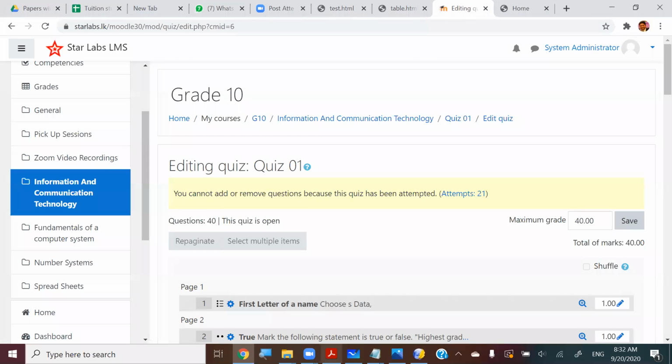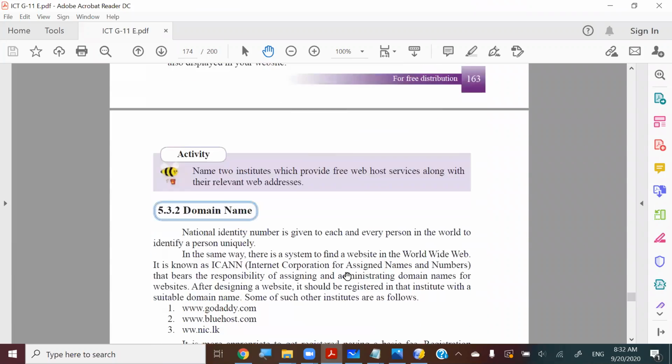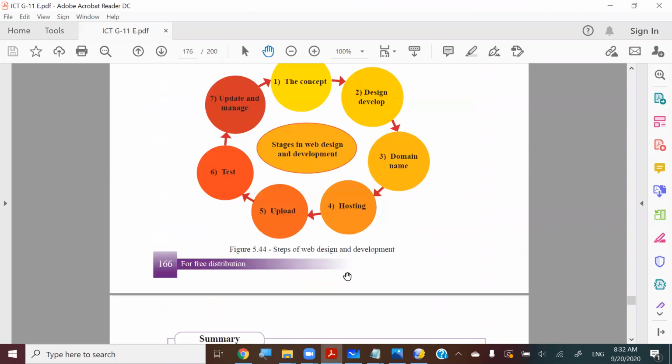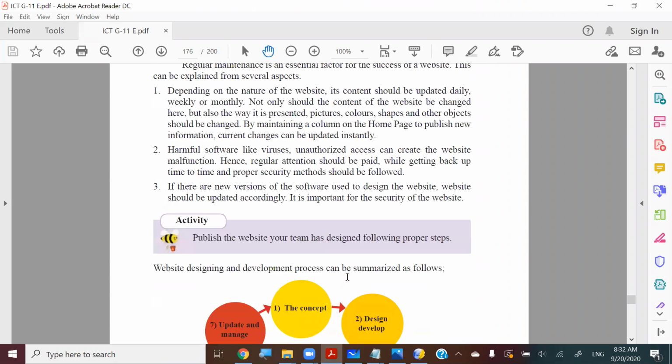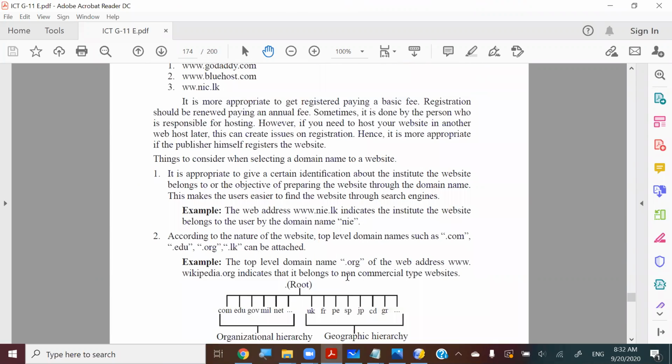So with those, we only need to talk about these roles and these other theory parts inside the web, inside the not the last lesson, the